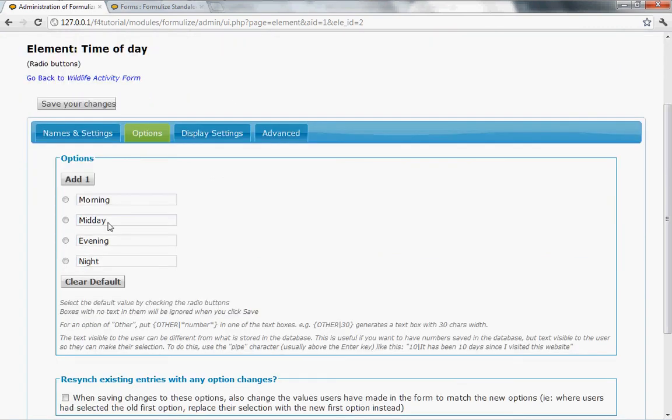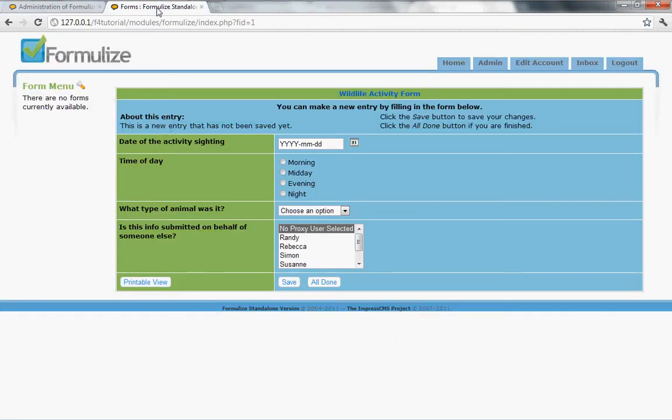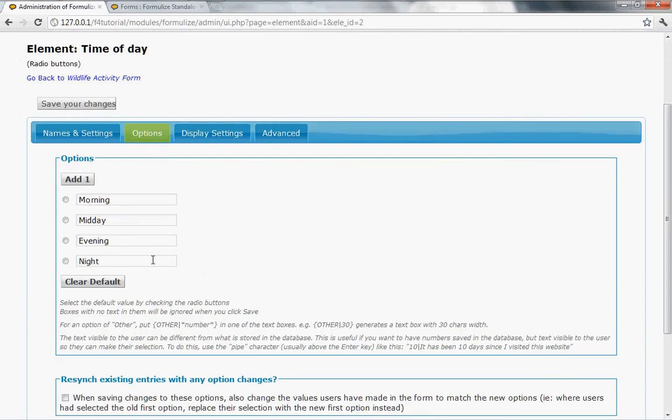Now you can just add a series of choices. We could add some more if we wanted to create some new ones and start typing in whatever options you want to give the user. And the way that shows up in the form is like this. Here's a sample blank form ready to be filled in, and there's our 4 choices. So that's pretty straightforward. You can pick one of them if you would like one to be selected by default,